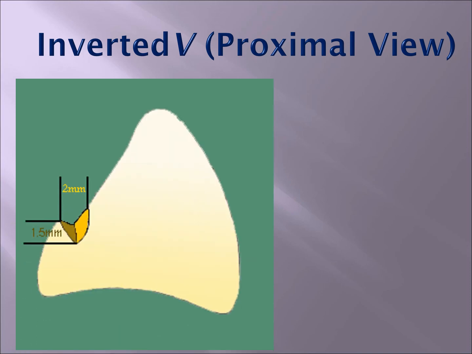Now, from a proximal view, it has a floor that is around 1.5 millimeters deep and a wall that is around 2 millimeters high. For the preparation of the inverted V, you need to prepare the floor using an inverted cone-shaped diamond bur. The inverted cone, you place it on the tooth, and because of its shape, it prepares the appropriate angulation of the floor of the inverted V, which is angulated, which is inclined